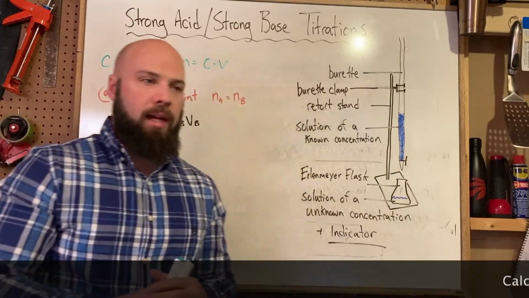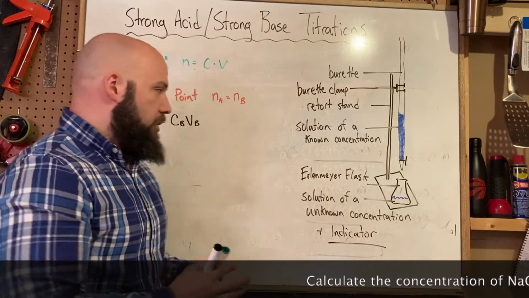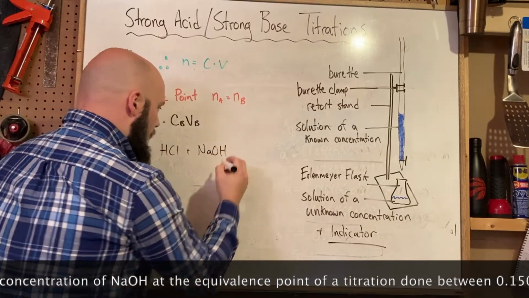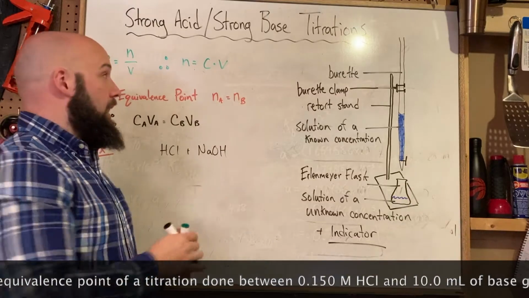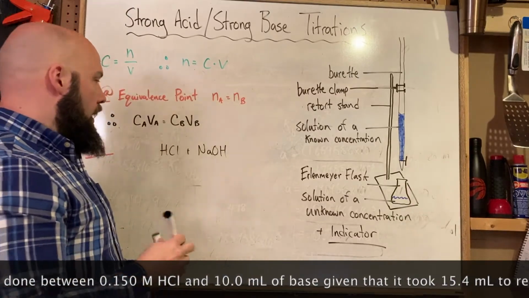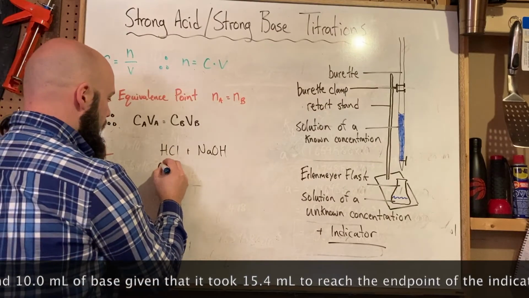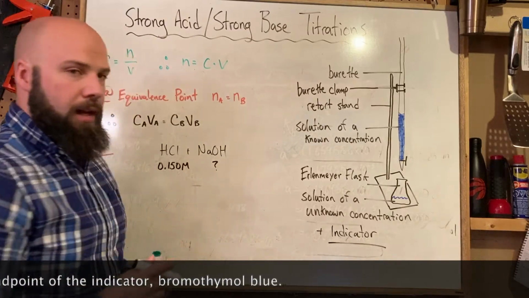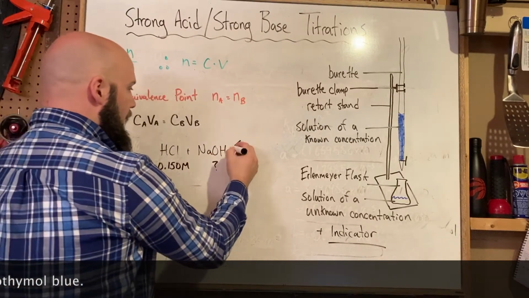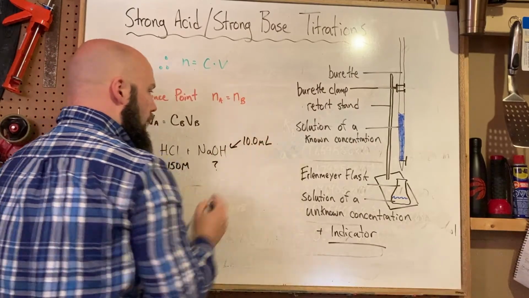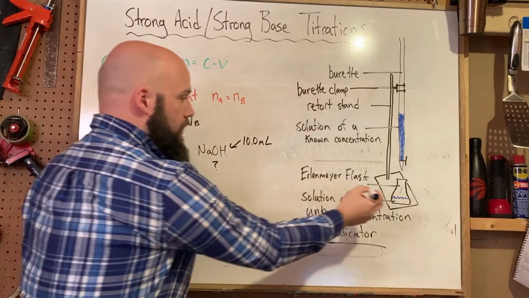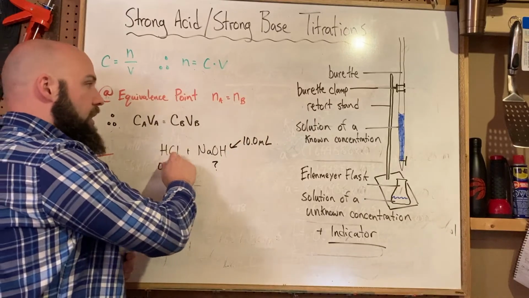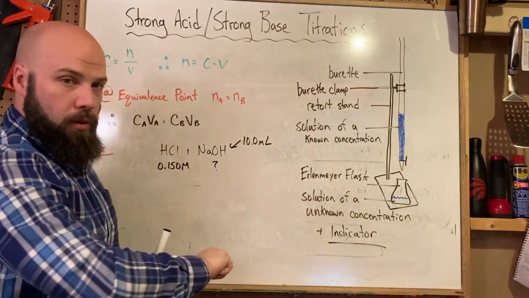Here we're going to have HCl plus NaOH. So these are our go-to acids and bases that are strong. And we know that the concentration of the HCl is 0.15 molar, and we don't know the concentration of our NaOH. We're going to take 10 milliliters of NaOH and put it into our Erlenmeyer flask and slowly titrate the HCl that's in our burette into the